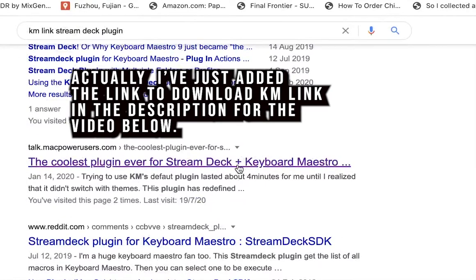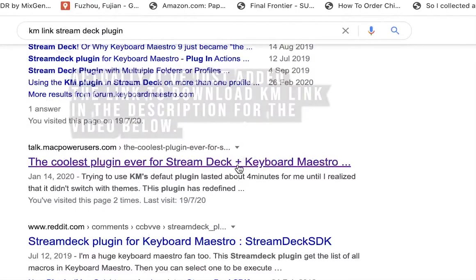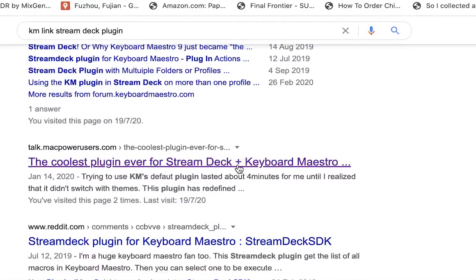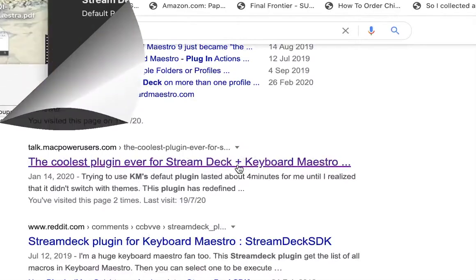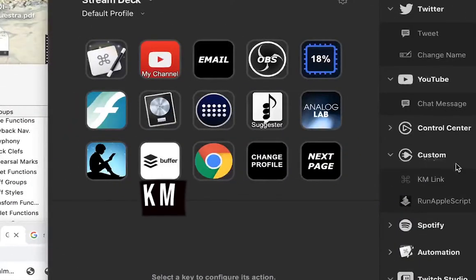I'll show the pictures of KM Link and where you're going to need to go to download it. It's a plugin for the Stream Deck, and basically what it does is it makes Keyboard Maestro directly kind of interface with Stream Deck. And see, if I have a regular hotkey here, it just says click to assign a hotkey. But with KM Link,